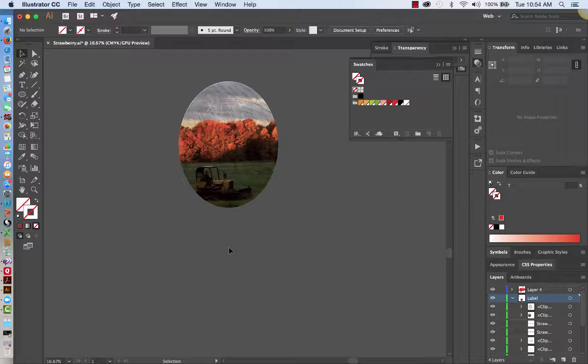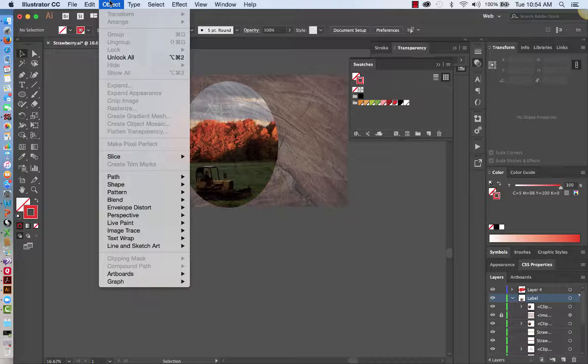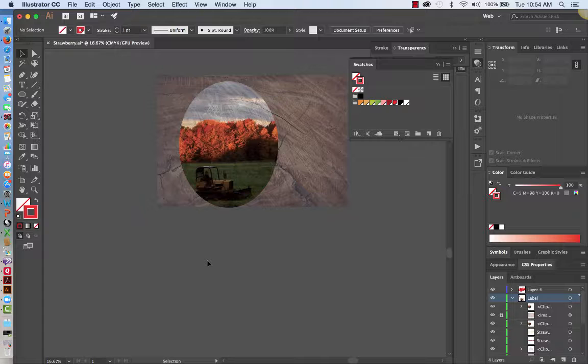Okay, so hopefully that's what you were looking for. You just have to remember a couple of things. Make sure that the image or the shape that you're going to frame it with, or that's going to be your clipping mask, is on top of the image that you're going to mask. And you would have them both selected, go to Object, Clipping Mask, Make. It's grayed out here because I'd already done a clipping mask with it, but it is right here, and you should have no